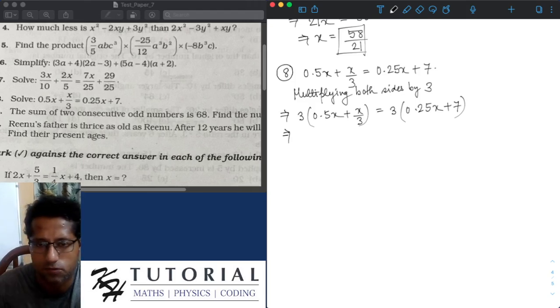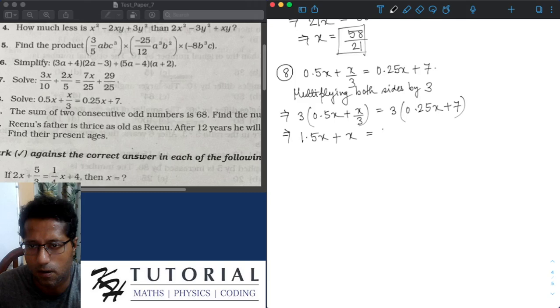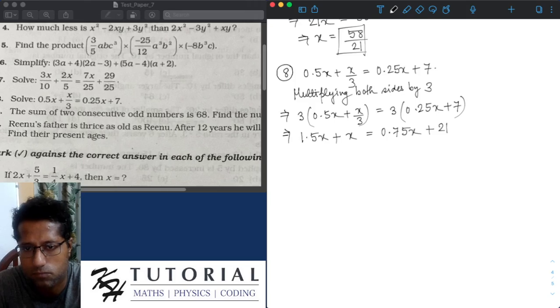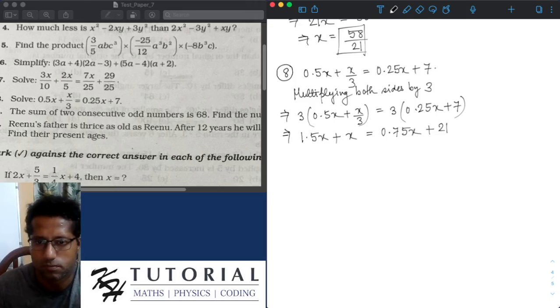we get 3 into 0.5x is 1.5x plus 3 into x by 3 is x. On the right hand side we get 3 into 0.25x is 0.75x, and 3 into 7 is 21. Okay, so now we will bring all the x terms to the left hand side and keep all the constant terms to the right hand side. It becomes